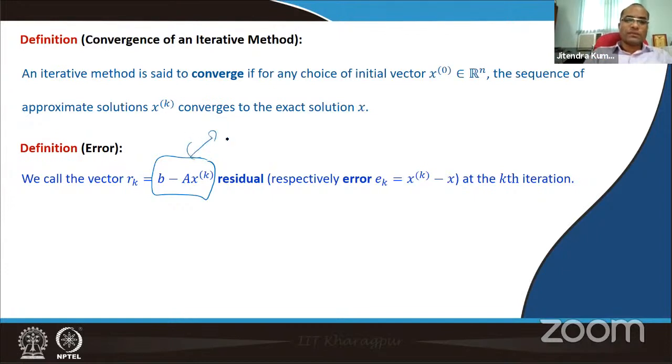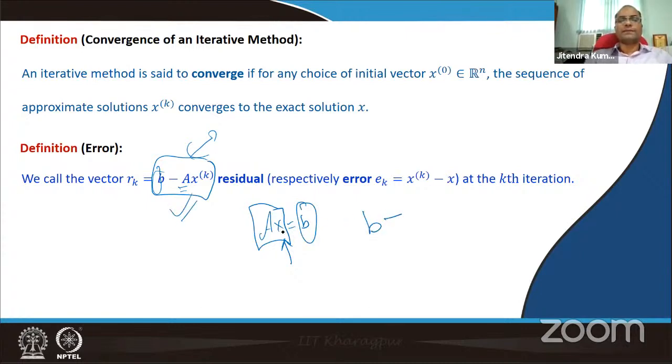This residual is very useful, because b is known and A is known to you. Our system, remember, is Ax = b, and we are looking for x. So this multiplication Ax must be very close to b, and this is exactly what we are looking at here, that we are making this error vector, or residual vector, b minus A xk, very close to 0, with all the components close to 0,